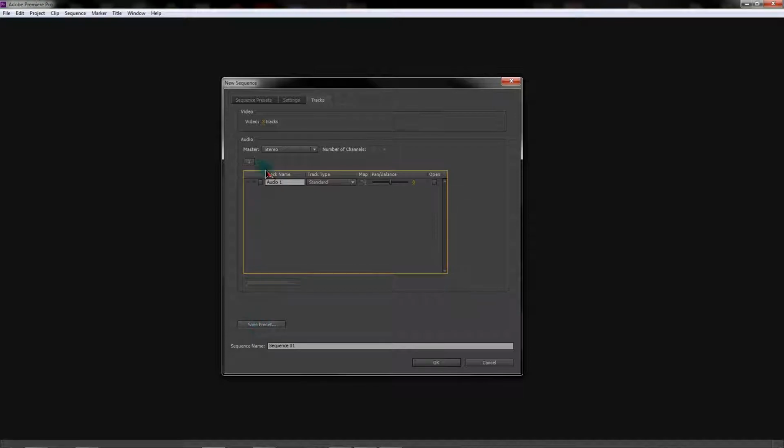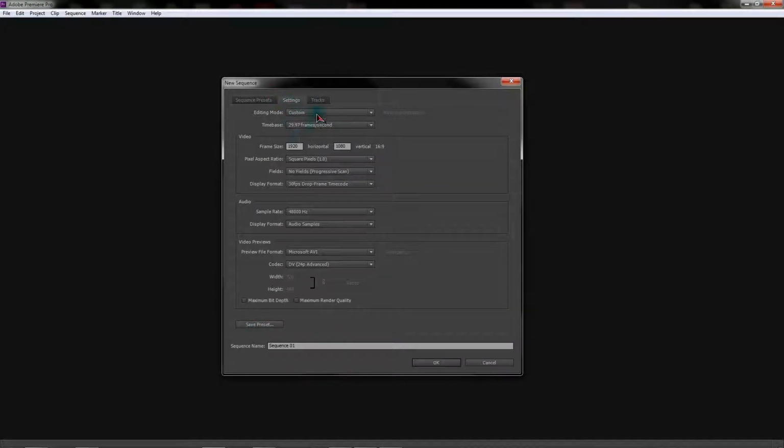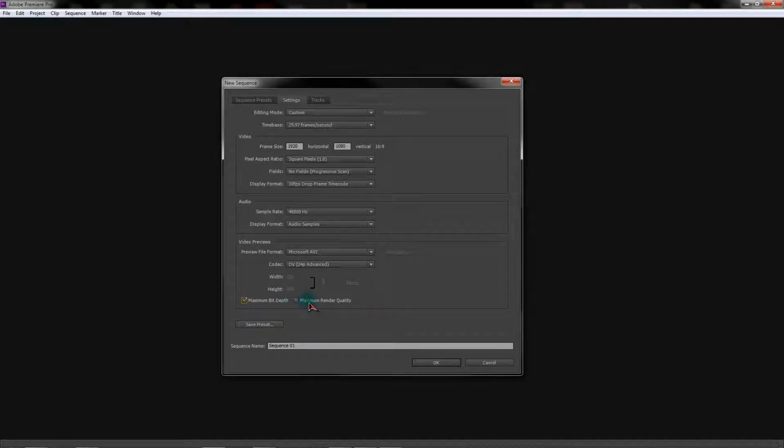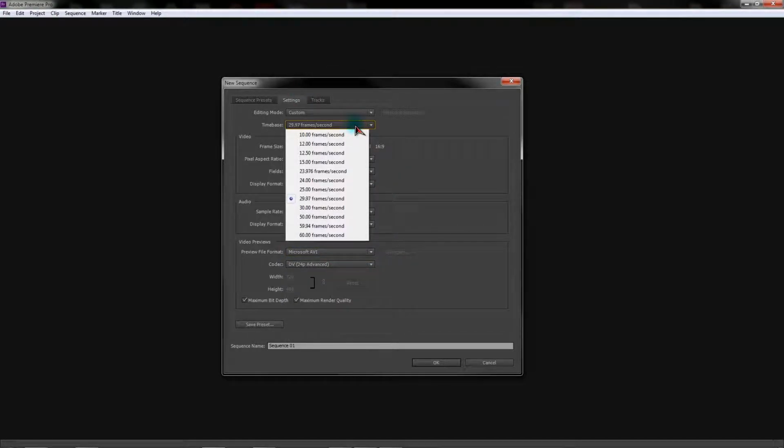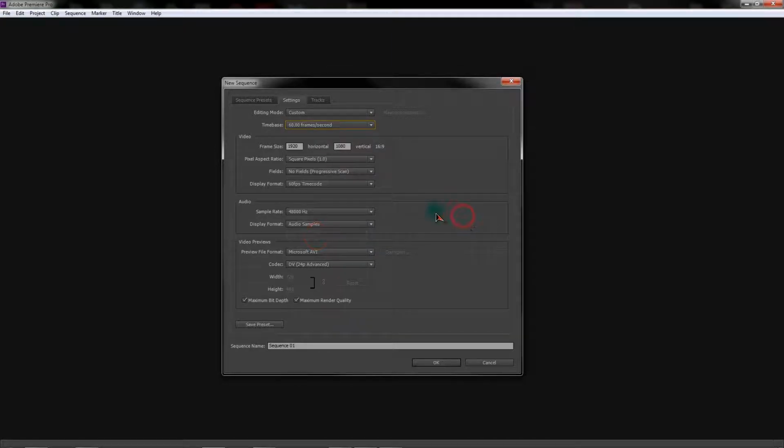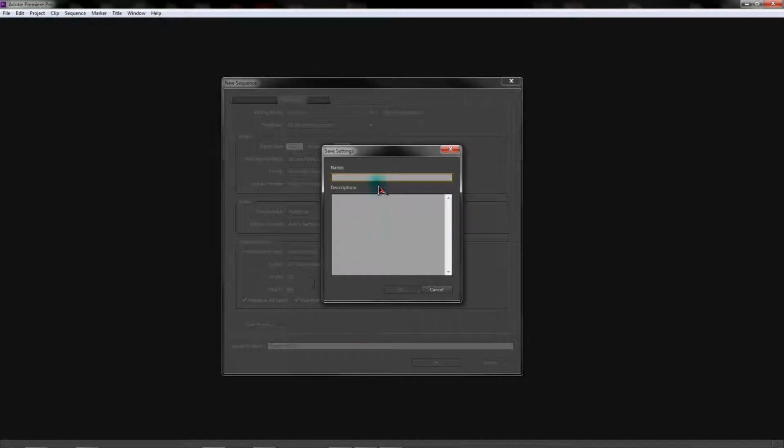Okay, that's how. You just make your own settings here. Maximum bit depth. Oh, never mind. Oh, yep. Okay. And so on. Video preview, it doesn't really matter. It's all your preference, and you actually have to really get to know things. I'm going to go with 60 frames a second, and I'm going to save this